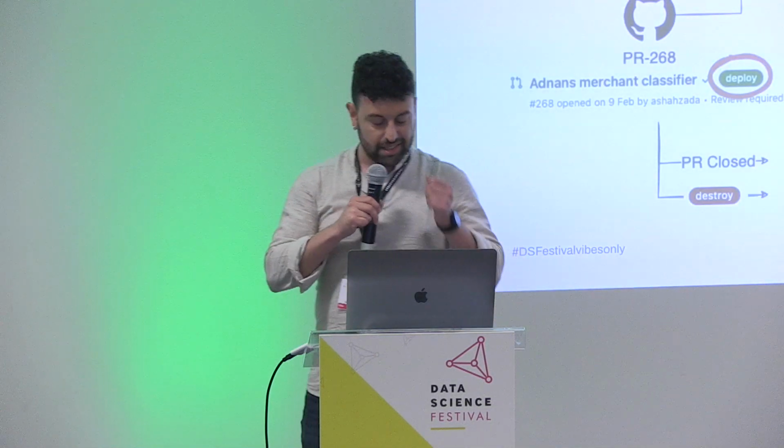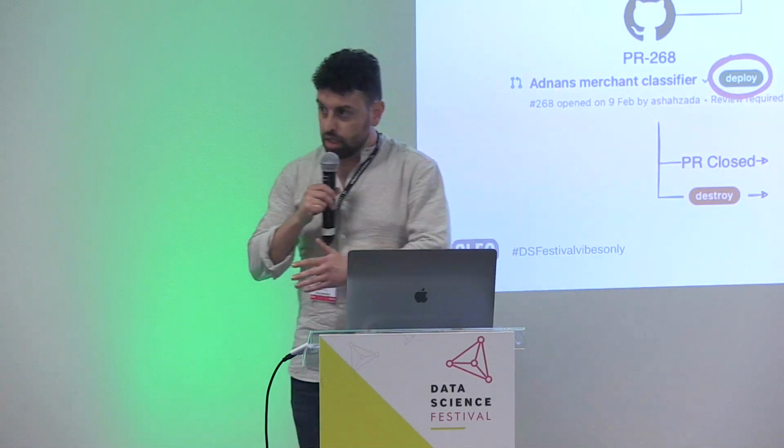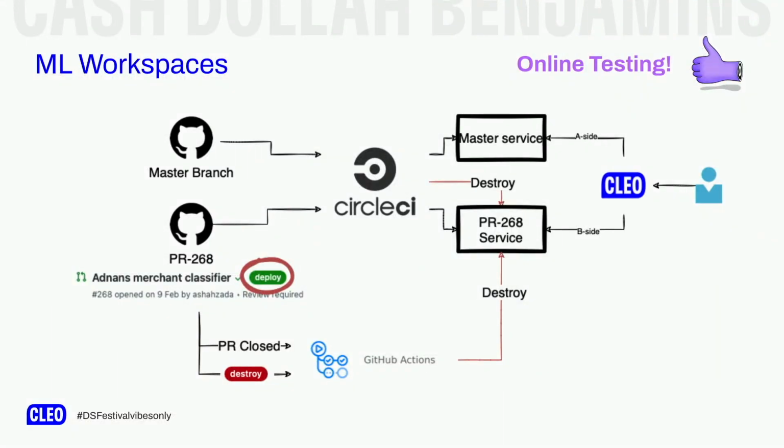Online testing. We mentioned before that we want to be able to have different versions of the same model in production at the same time. We enable this using a GitOps approach. With this GitOps approach, you can create a new pull request in which you have the version of the code that you want to deploy in a segregated environment, and you can just label the PR with deploy, and you will trigger the creation of this segregated environment.